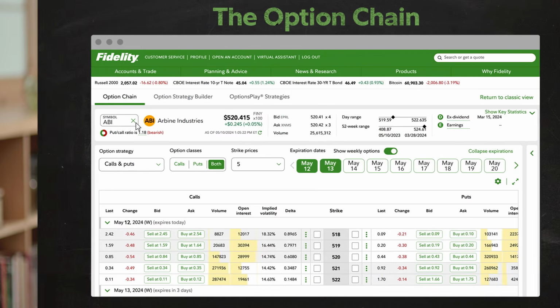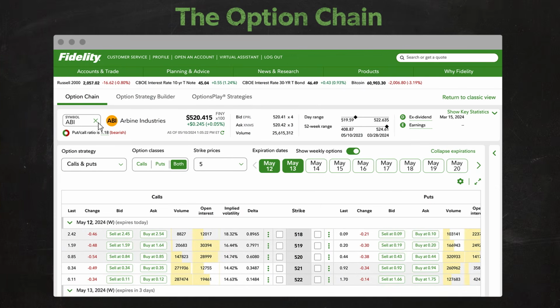After researching a particular investment and forming an outlook on its price, a starting point for options traders can be the option chain, which you'll find on Fidelity.com, our mobile app, and our advanced trading platforms. The option chain lists all the options contracts that traders can buy or sell on a particular investment, such as a stock or an ETF. It's where you'll find a contract that might be the right fit for your goals and outlook, as well as other factors we talked about in our video on making a trading plan.